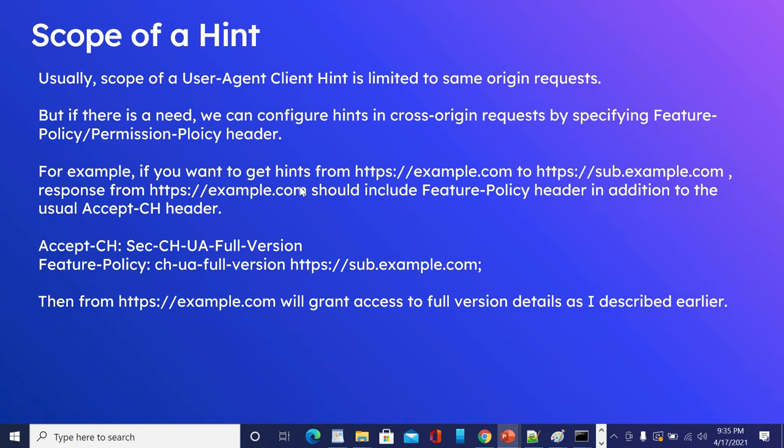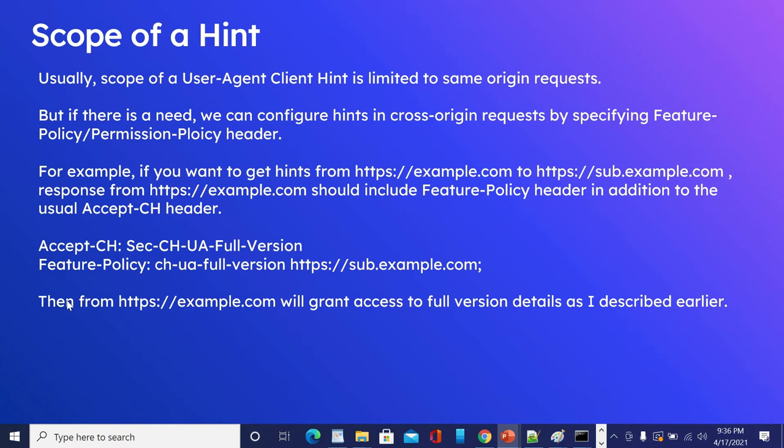If you want to get the hints from https://example.com to https://sub.example.com, the response from https://example.com should include the feature policy or permission policy header in addition to the usual Accept-CH header, like this Accept-CH. So we are requesting this additional header, full version, apart from the default two headers we discussed.